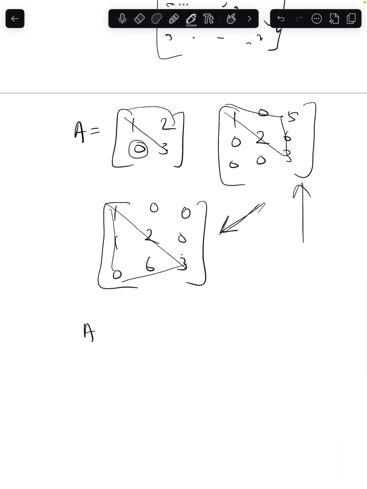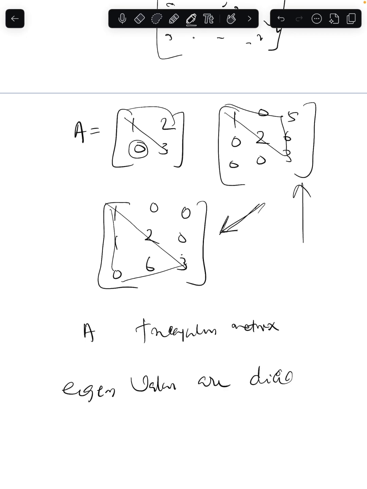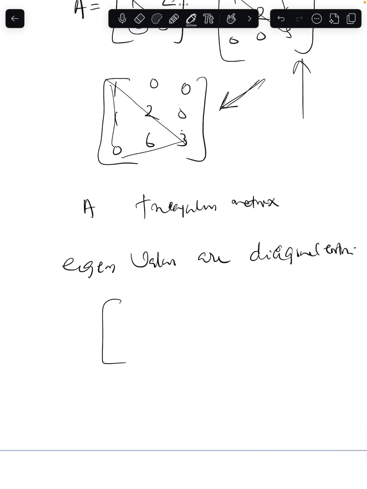Then the theorem says that if A is a square matrix which is a triangular matrix, either upper triangular or lower triangular, whatever it is, its eigenvalues are the diagonal entries. Eigenvalues are diagonal entries. For example, if I take